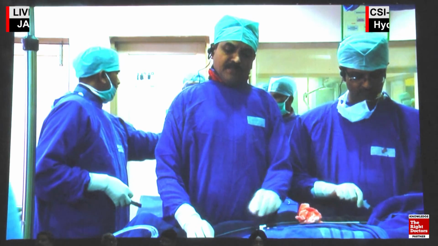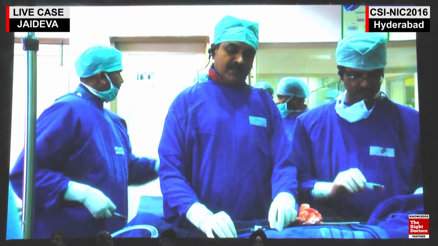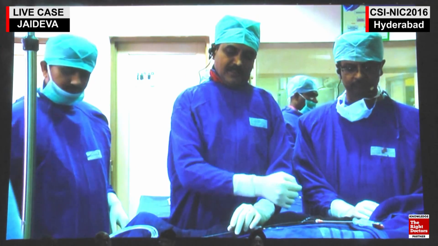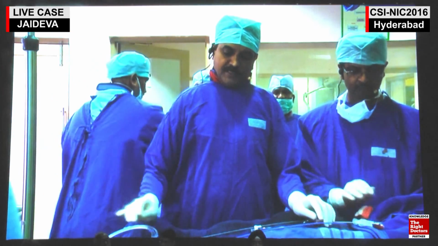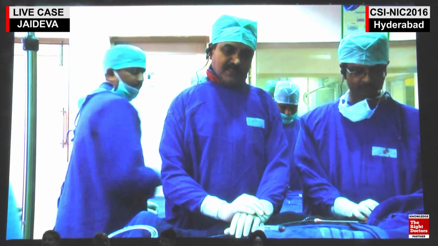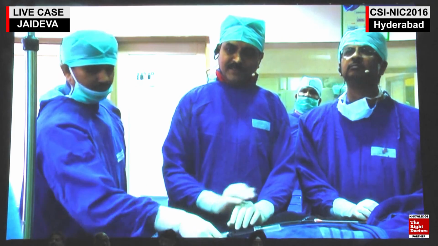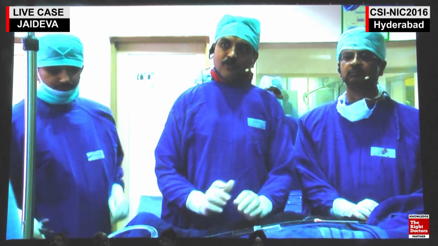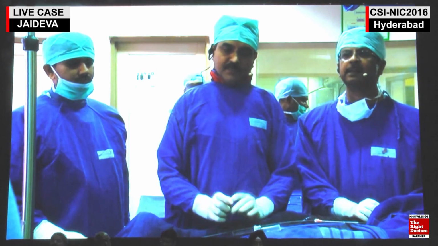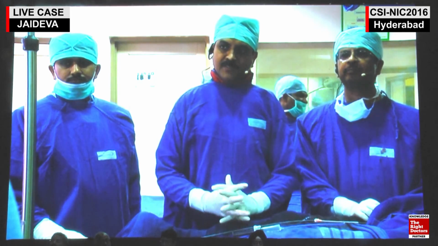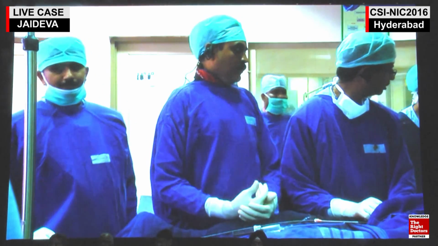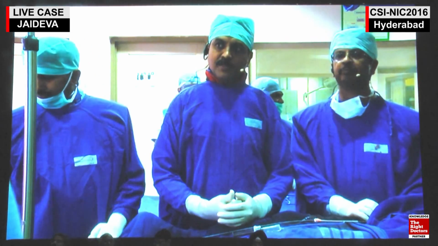Yeah, Dr. Brand, this is actually the structural case, RSOV closure, which we could not transmit in the last session due to a technical snag. We'll just brief you on what we did, and followed by this we'll be showing you the coronary case. We'll just take 5 minutes to show what happened here. I know this is a coronary hall, but this is a structural case. Probably we'll just present it for 5 minutes by the time the other lab is ready. Dr. Jairangnath is here. He will give you the case details, followed by what we did.